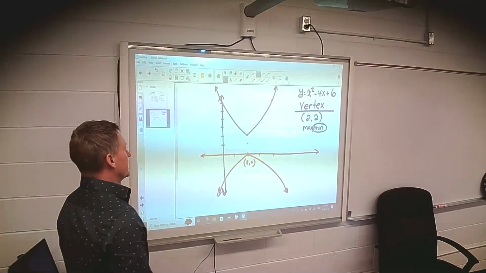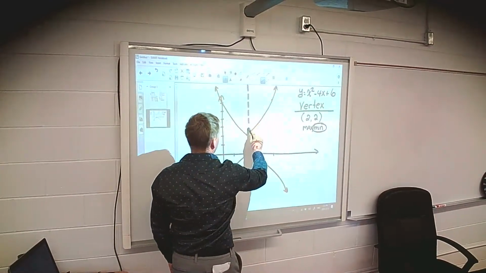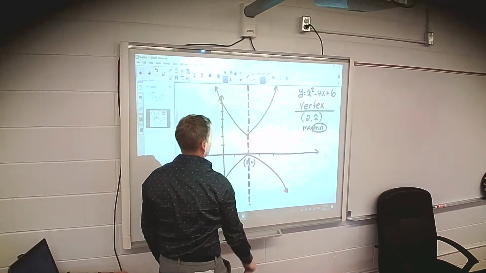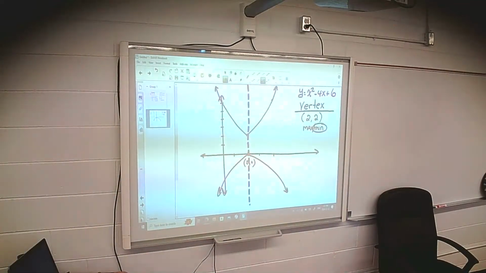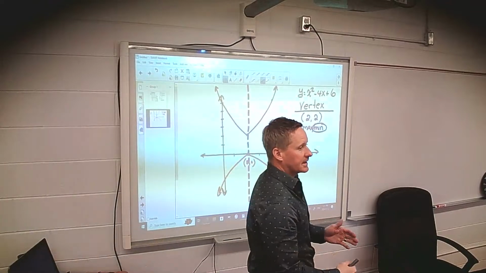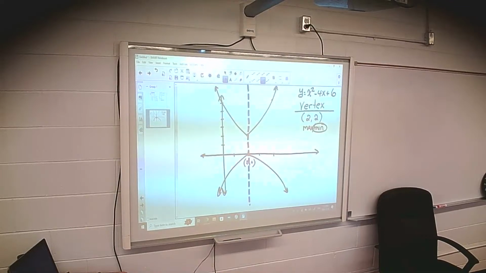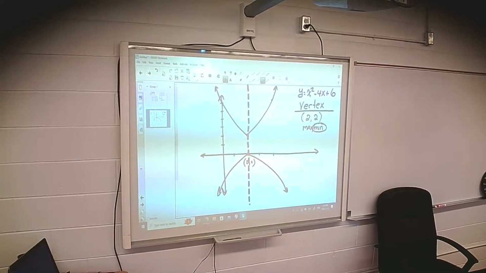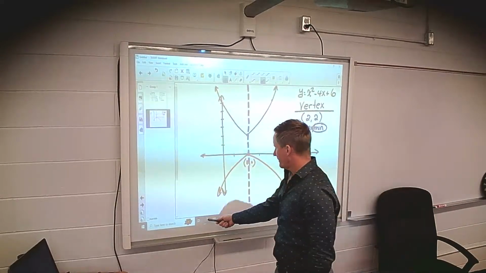All right. Next, there is an imaginary line drawn through the vertex. What it does is it divides the parabola into 2 equal symmetrical parts. That means on both sides of the parabola,